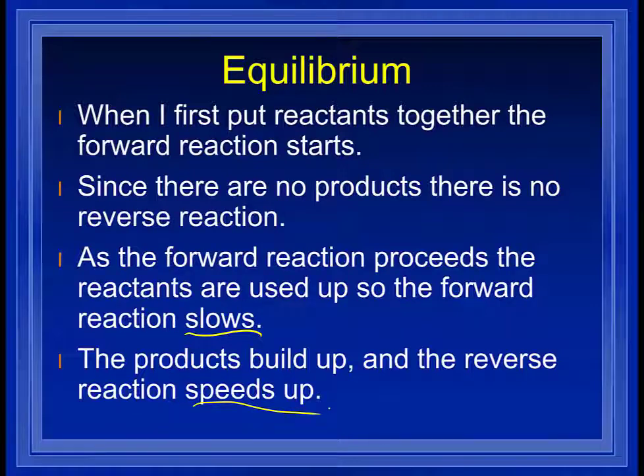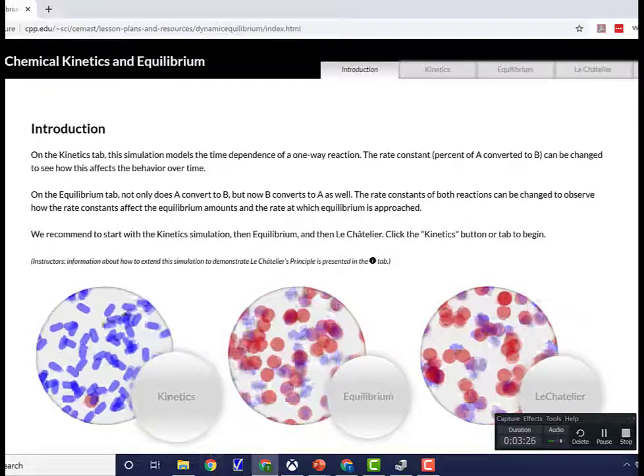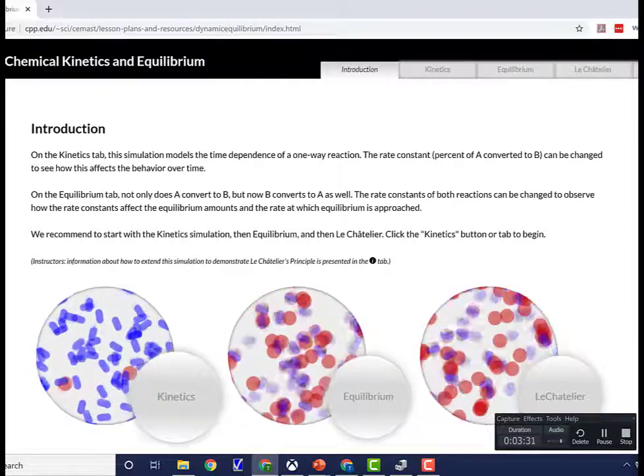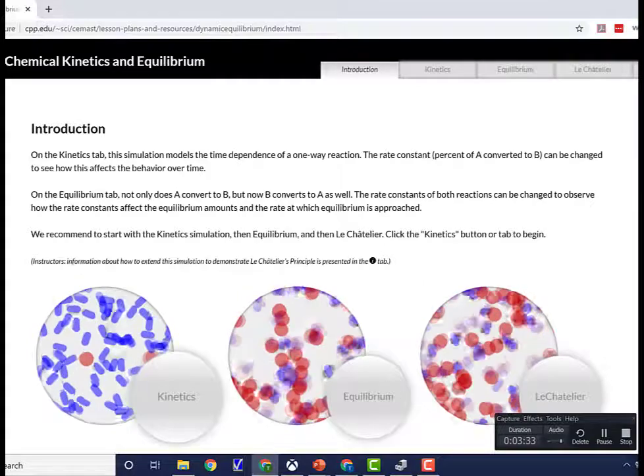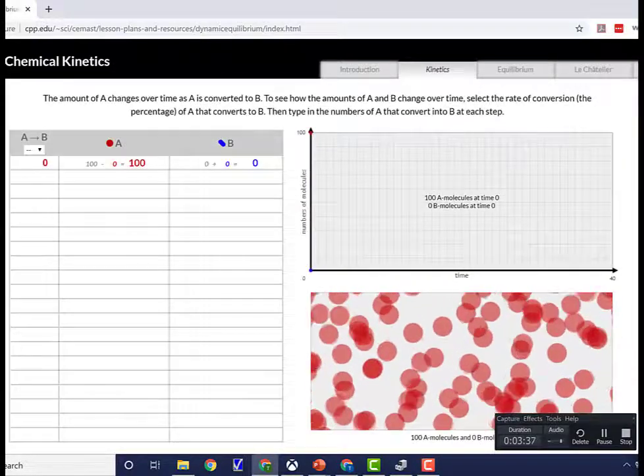So I found a site that let us put numbers with this and graphed it so we can see what we're talking about. So I went to, it's Cal Poly Pomona. Okay, so they have the site for kinetics and equilibrium. Kinetics, how fast, is tied closely to equilibrium. So let's look at the kinetics graph first. Okay, so what this graph is going to do